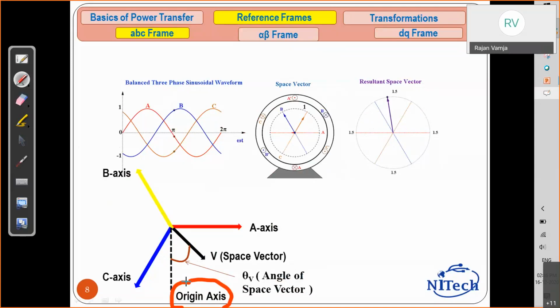It is like a reference. But how can we decide this is the only reference? We can give it somewhere here also. This can be reference, this can be reference, this can be reference. Why did I give it here only? That is the question. In any book you will not find it. So why did I take the reference there only, and give it the name origin axis? Can you respond, or no idea? No idea, sir. Okay, thank you.